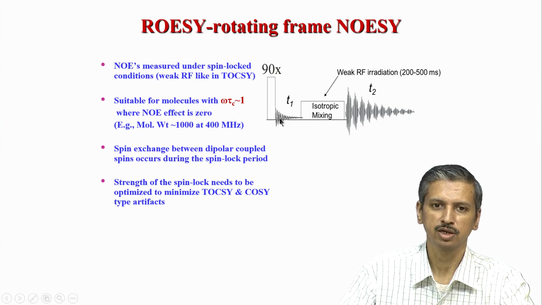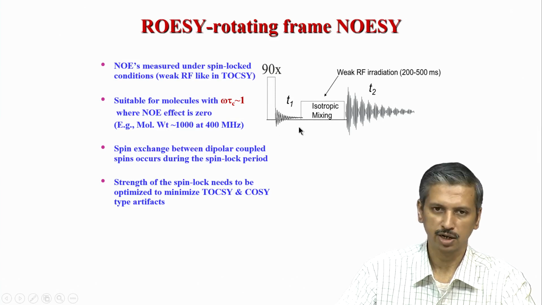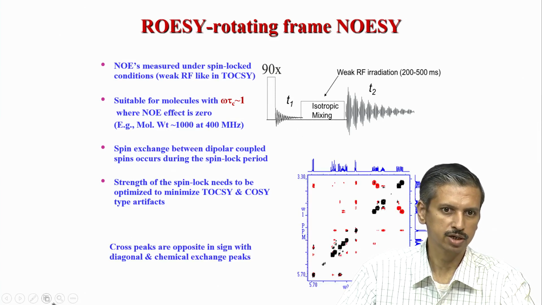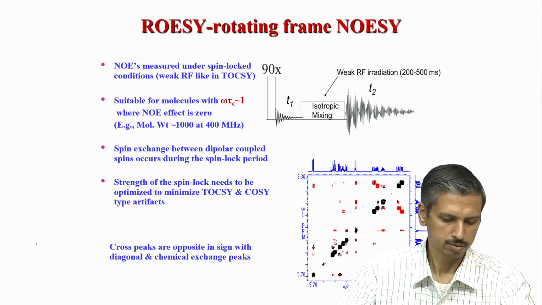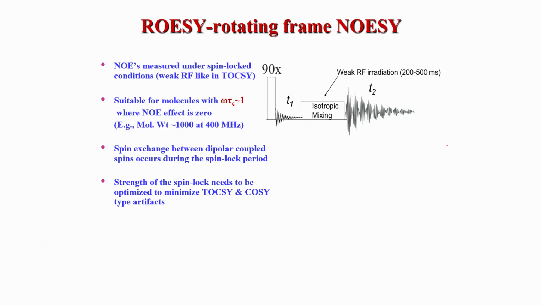So, like in the NOESY, first we excite the spin with an RF pulse. So, this is like any other experiment. The spin is now in the xy plane, and when it comes to the xy plane, it starts evolving because of the frequency, and that can be written as cosine omega a t1. This is the same as NOESY, and during this period there is a transfer